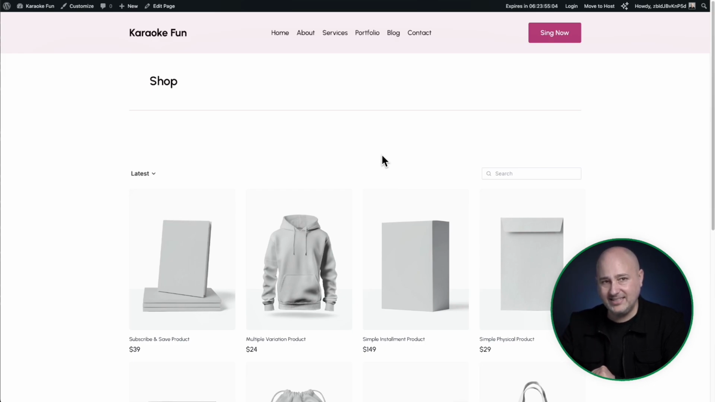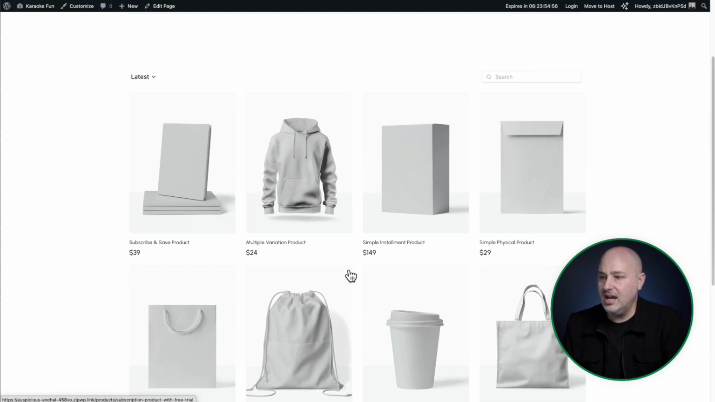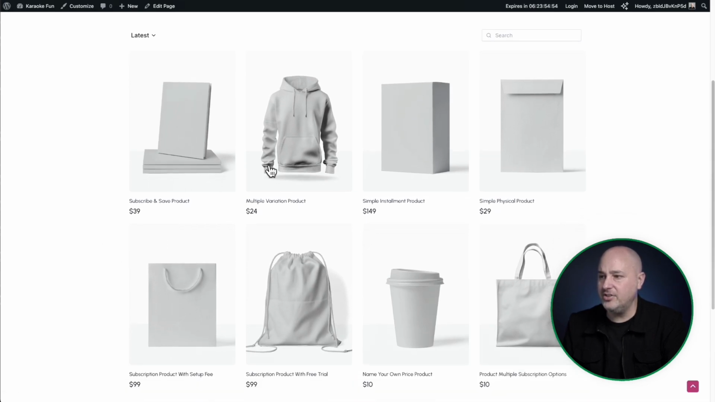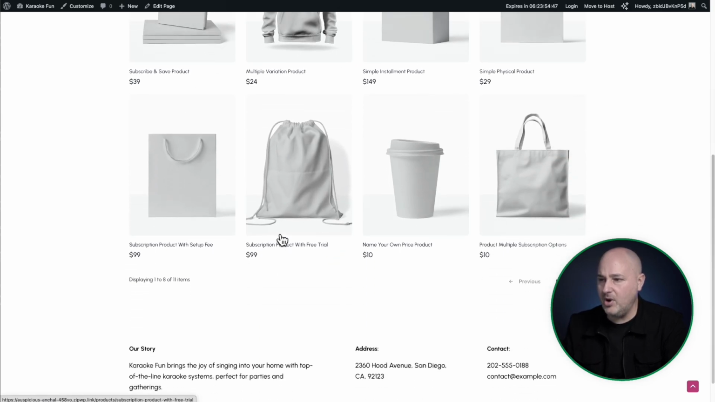Now, don't worry about the design of this right now. We can fully edit this later, but this is just what it's going to look like out of the box. And here are those dummy products. Now, this right here is called the product list, and we can style this and change this all that we want. And here's a variety of the products